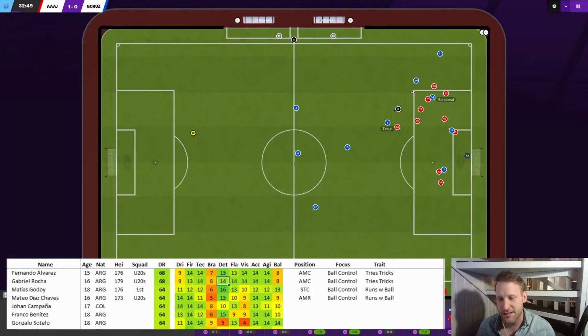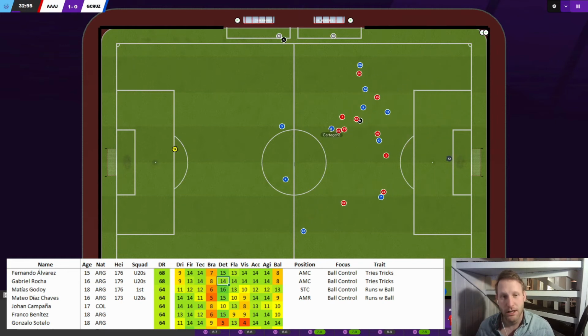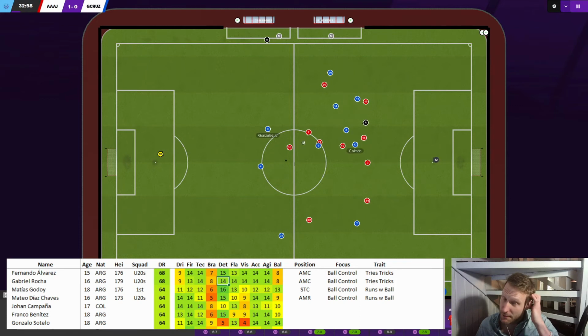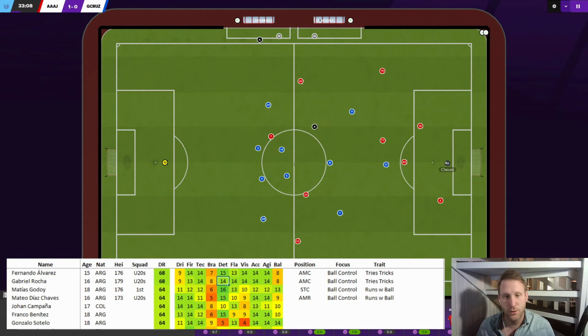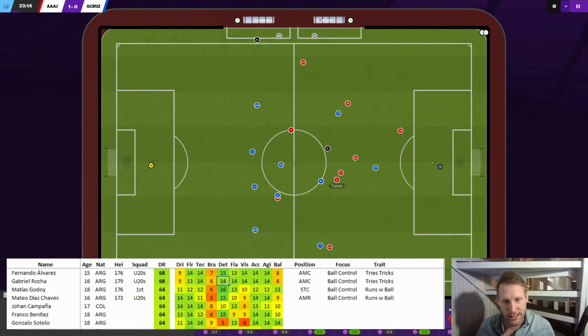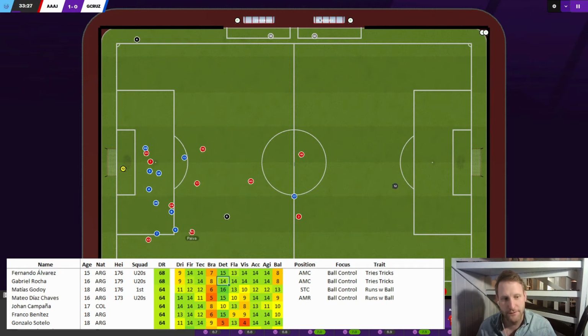Because there's a save on finding a player and progressing him. Have you considered using instant result on some games? I haven't, but that could be a thing. That could be a thing if you or I or everyone thinks this is moving too slow. But in the beginning now, I want to get a feel for the players, get a feel for the tactic that we're going to use, and also let you who watch get a feel for the team, get to know them. But that could be a thing eventually.